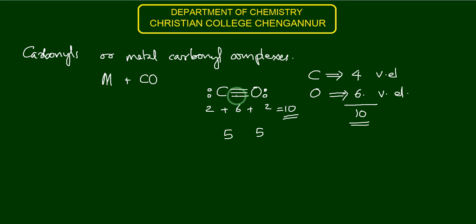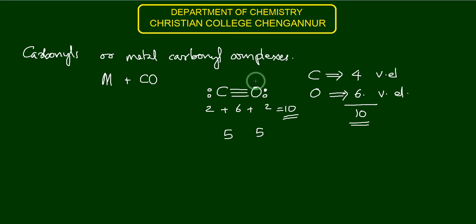But you can see that both of them have the octet. When we count the octet, we count 2 for each bond, 2, 2, 2, that is 6, plus the lone pair of 2 on carbon, that is 8. Again oxygen has 2, 2, 2, 6, plus 2, which is equal to 8. Both of them have the octet,